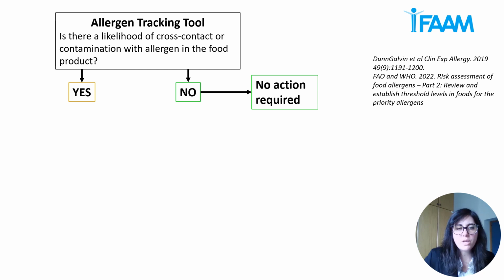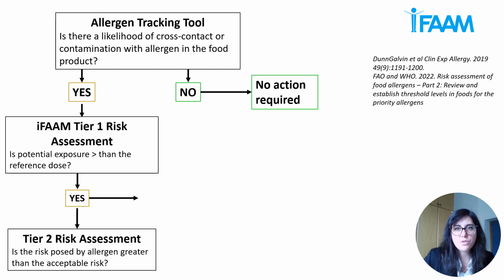A food business operator, when managing an unintended allergen, should use an evidence-based approach, starting with a qualitative risk assessment based on hazard analysis and critical control points to evaluate the likelihood of cross-contact and contamination over the entire production process. This should then be followed by a quantitative risk assessment supported by reference doses. These reference doses are extrapolated from clinical data and are expressed as milligram of total protein from the allergenic food ingredient that is considered safe for the allergic consumers.